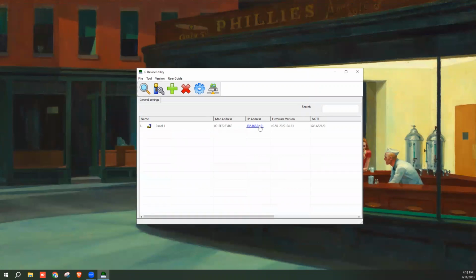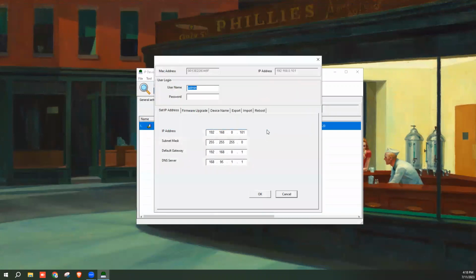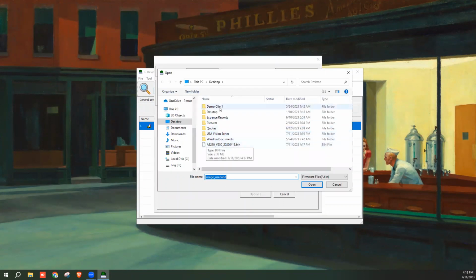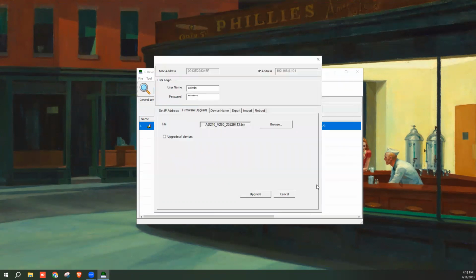Now, there are a couple ways that you can do your firmware upgrade. One would be in the IP device utility. So if you click here and hit configure, you're going to get a window that comes up where you can enter in your password in the first field, hit firmware upgrade, browse, and when you do that, it will allow you to search within Windows and find that bin file, hit open,